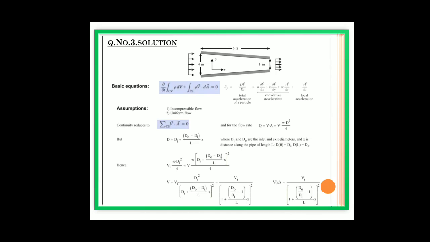As we know, v equal to vi di square divided by di plus (d naught minus di) by L into x whole square, equal to vi by 1 plus (d naught by di minus 1) by L into x whole square. This term vx equal to vi divided by 1 plus (d naught by di minus 1) divided by L into x whole square. As we move to second part of the question,